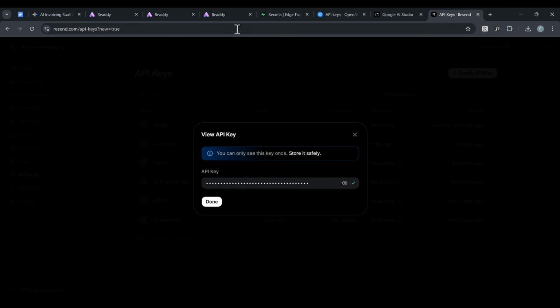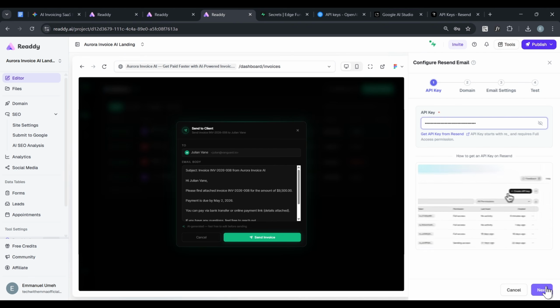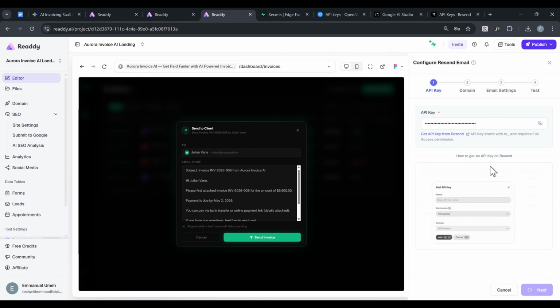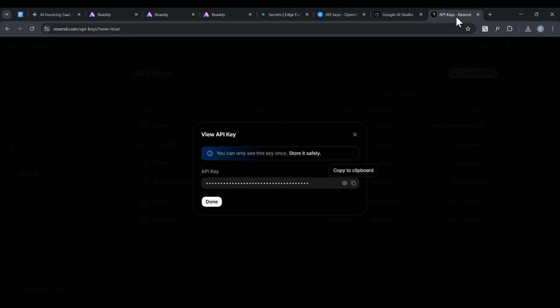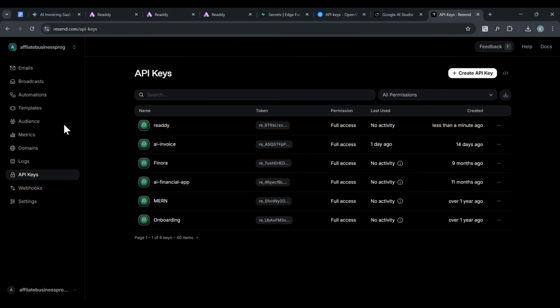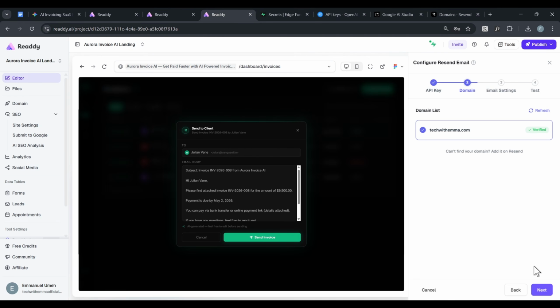I'll copy this and let's head over to Ready. Let's pass in the API key here and let's click on save, next. So it's going to ask for the domain. I've already added my domain. So if I come over to domains, you should see that I've added my domain here. So I'm going to click on next,